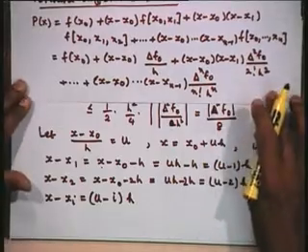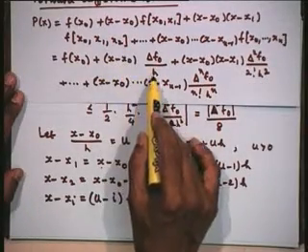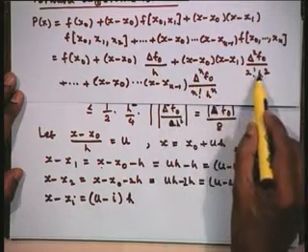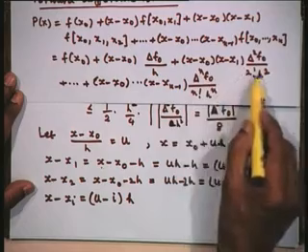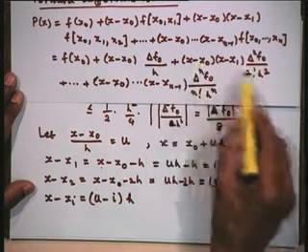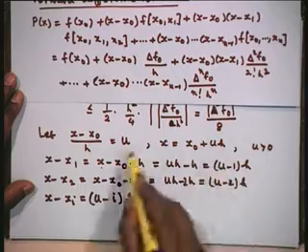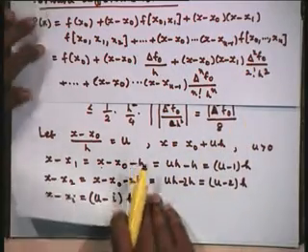Now, you can just have a look at it before we write the formula. X minus x naught divided by h is equal to u. There is a factorial 2 h square here. Therefore, I will take this h with each one of them, x minus x naught by h, x minus x 1 by h. So, I would then have u into u minus 1 as the second term. So, I would just substitute these values here, then I would get this.